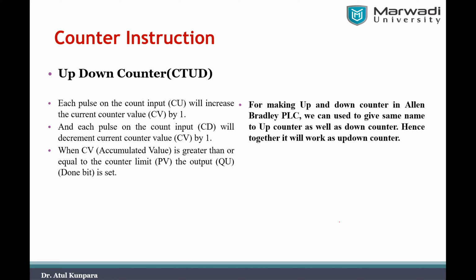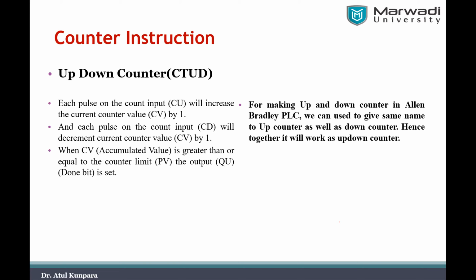Right? For example, in laboratory experiment number 8, we are required to perform the logic development for the parking area. In that, a car may be coming in and a car going out also. So when a car is coming in, you have to make the up count. When a car is exiting the parking area, you have to make the down count. So in that kind of application, you may need to use the up and down counter both for a single count value. So there you can use this up and down counter.